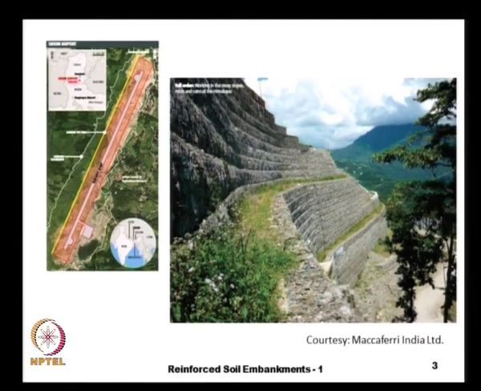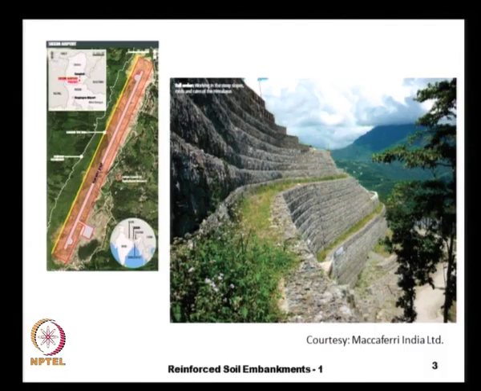Here is an example of an extreme case of a slope. It is the airport that is being constructed at Sikkim. This is the schematic view of the airport runway, and this being a hilly terrain, there is no flat ground and we need to make up a ground,